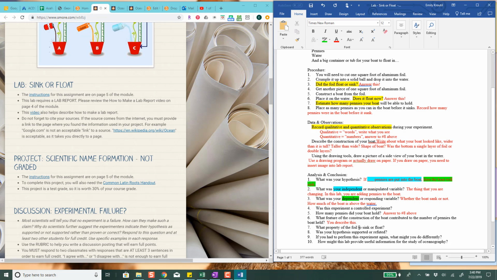What property of the foil to sink or float? This is an odd question. Maybe that might make more sense. And it being your boat. So, you know, what makes the,